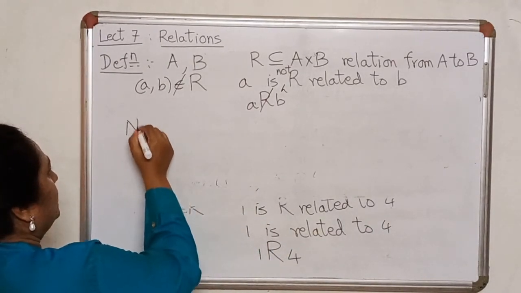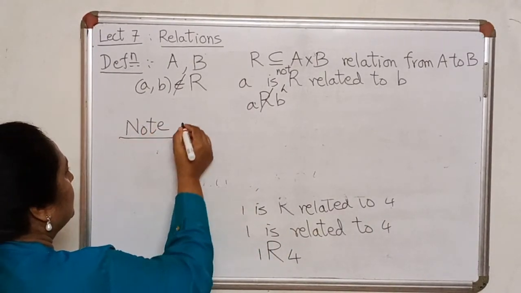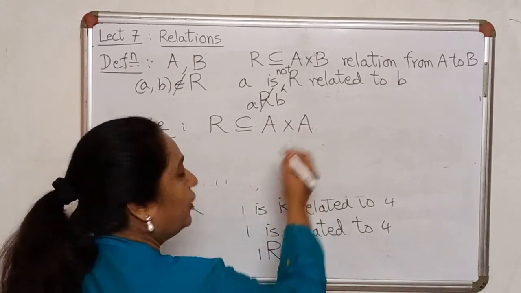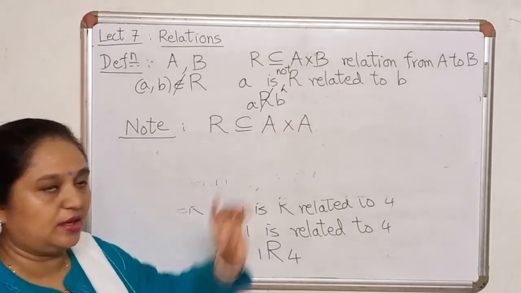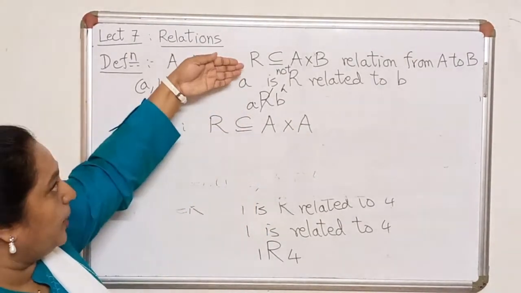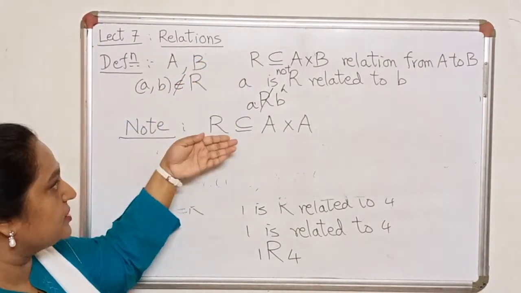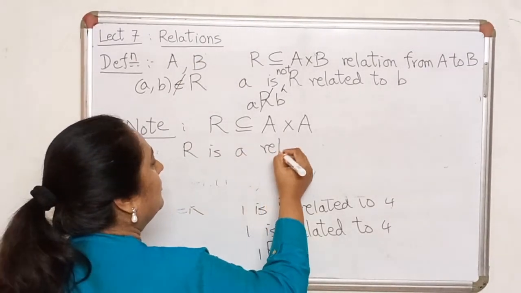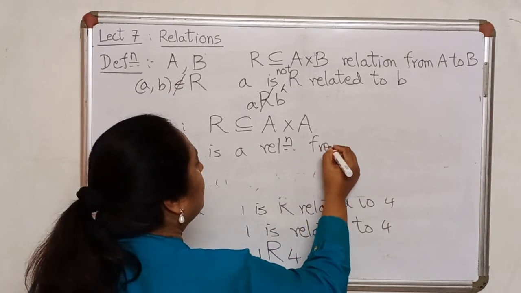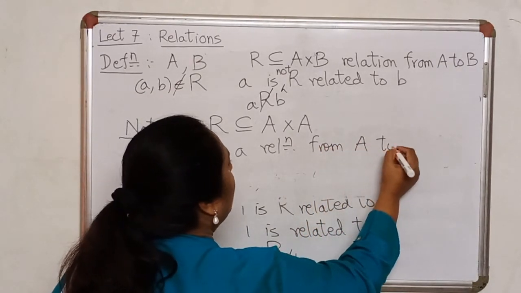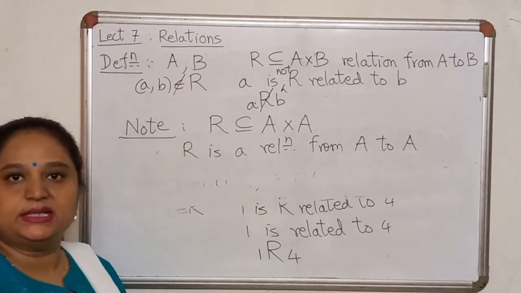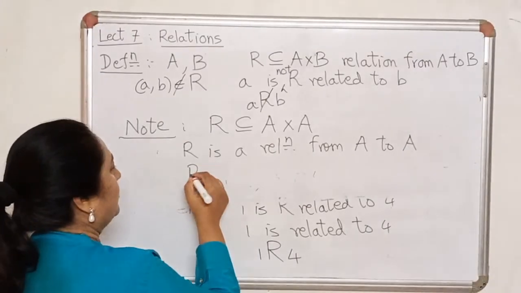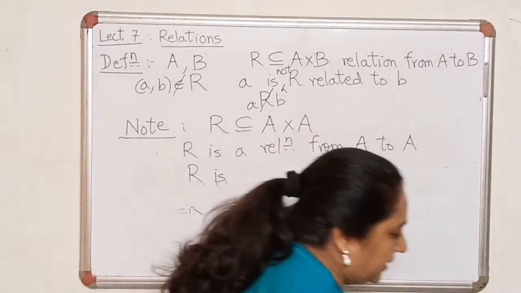there's just a terminology that I would like to introduce. If R happens to be specifically a subset of A cross A, where the first set is the same as the second set, then by the above terminology, I would have to say that R is a relation from A to A. But if the first set is the same as the second set, I prefer to conserve my energy. I mean, it's not me who has done this. This is done in every standard textbook.